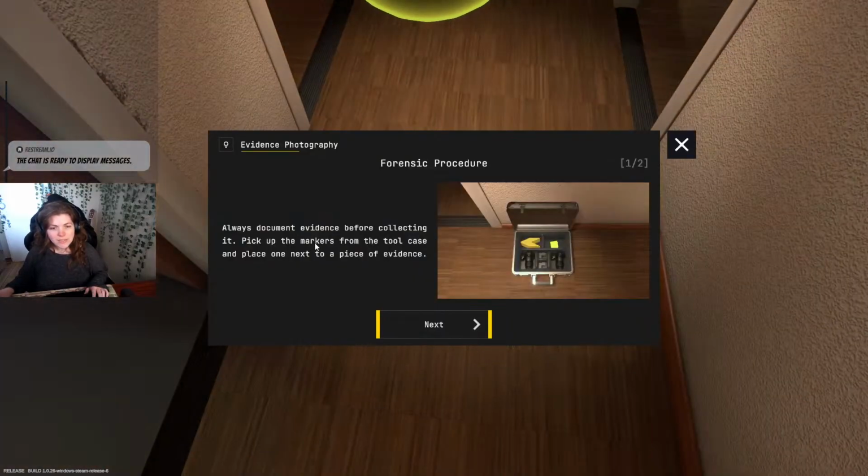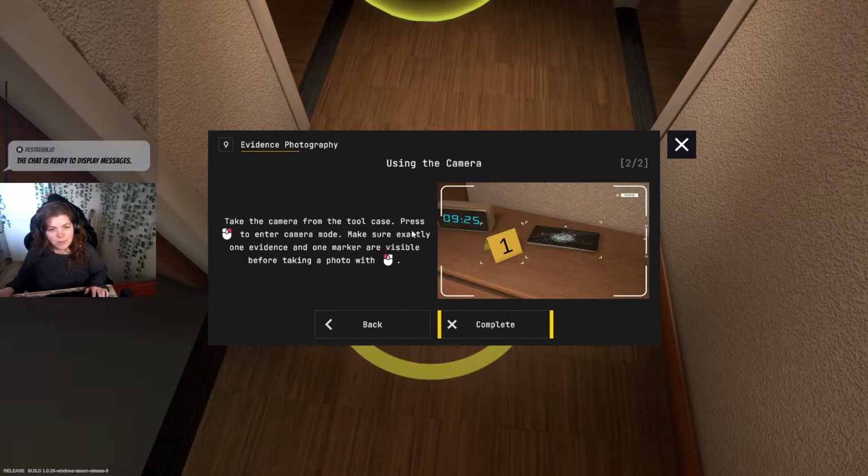Always document evidence before collecting it. Pick up the markers from the tool case and place them next to the piece of evidence. Take the camera from the tool case, press right-click to enter camera mode. Make sure exactly one evidence and one marker are visible before taking photos with left